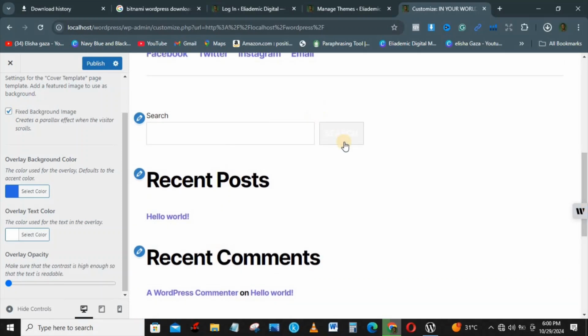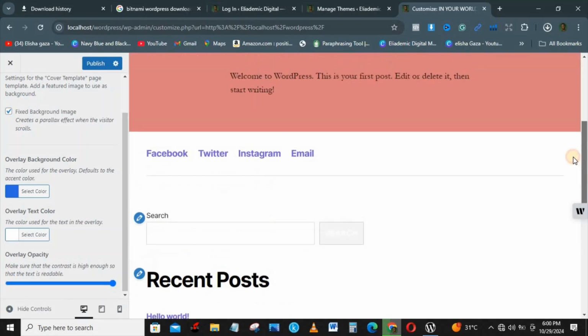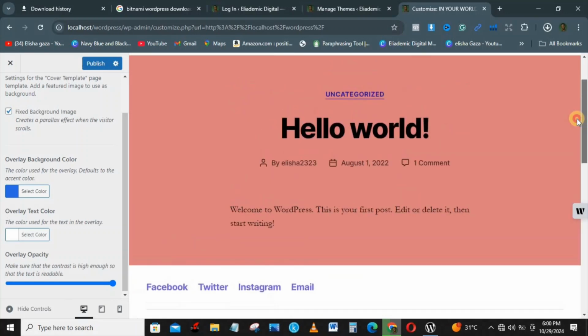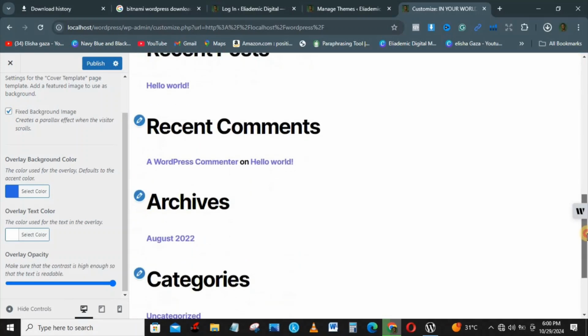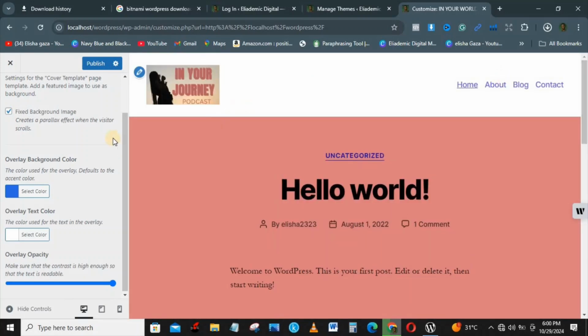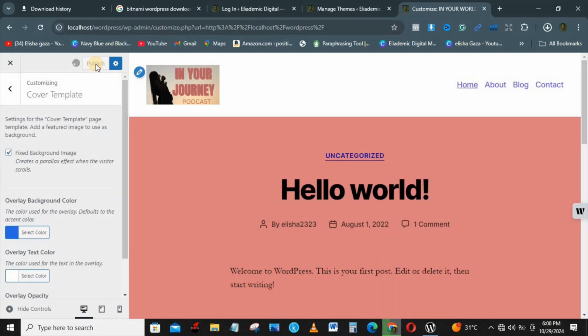So you can see here the search icon, you can actually read what is there, but the moment I increase it, you will be able to read what is there in the search icon. Because I've not published it, that's why you've seen that it's not showing. So everything is okay here. All I need to do is go up and I click on publish,